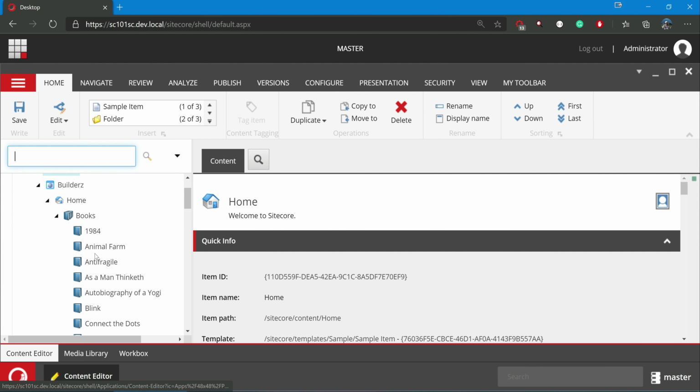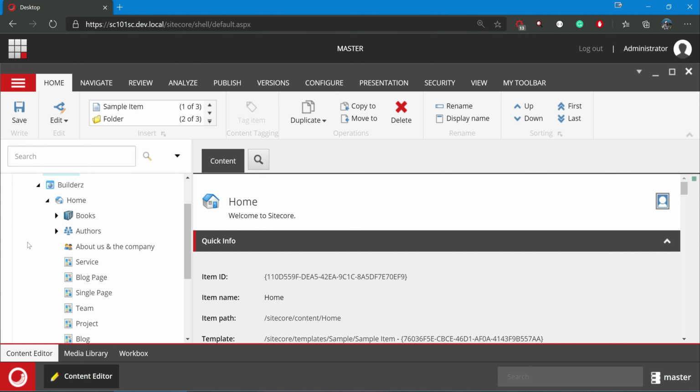For all these reasons, Sitecore suggests that if child items collectively increase to more than 100 items, we use item buckets. So now let's see what item buckets are. Item buckets are a kind of placeholder or repository which can contain all the unstructured items. Okay, what are unstructured items?